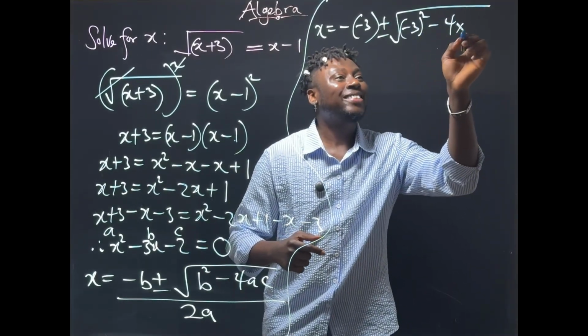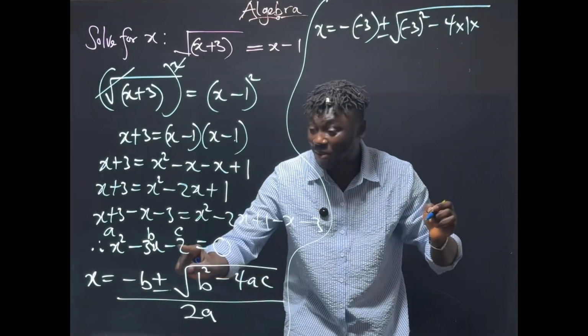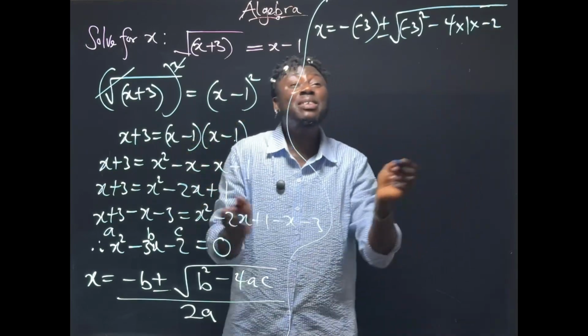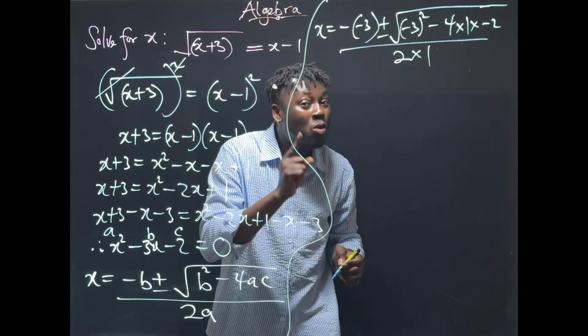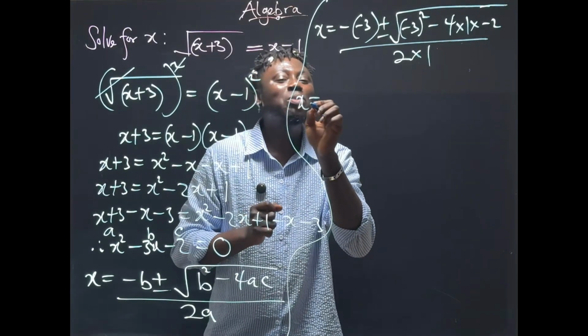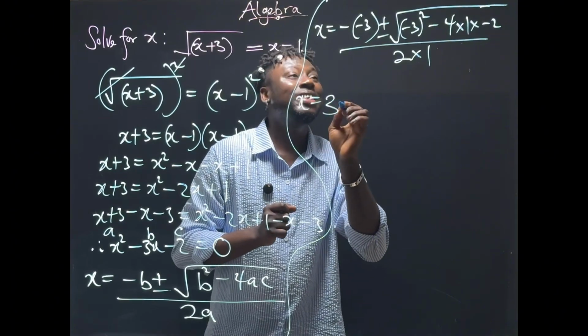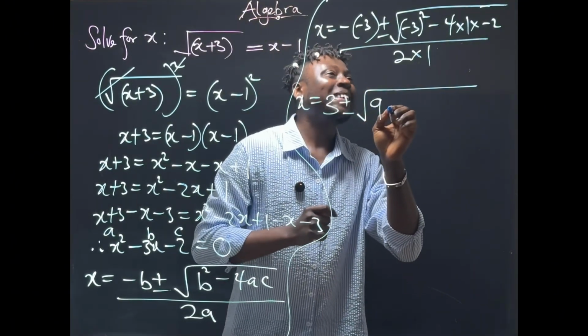minus 4 times a, which is 1, times c, which is minus 2. So we have minus 2, and everything here is divided by 2 times 1, which is 2a. So we have x equals minus times minus, which is 3. So this becomes 3 plus or minus the square root of 9,